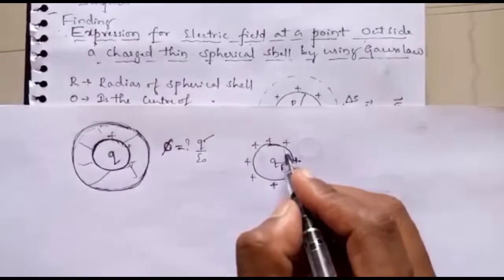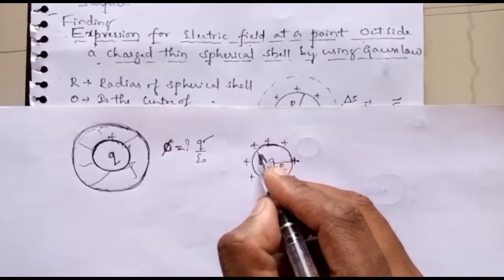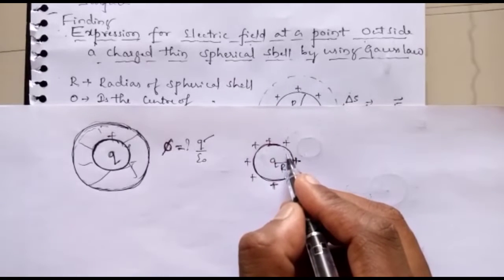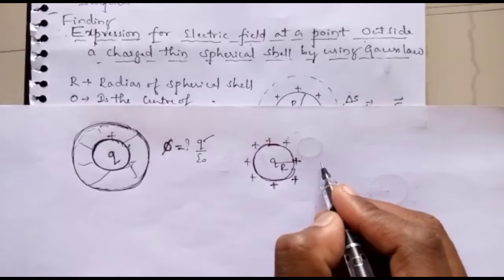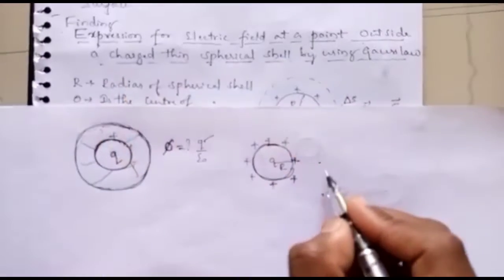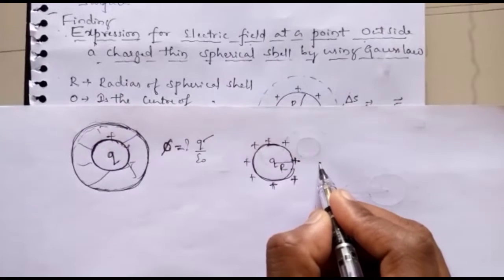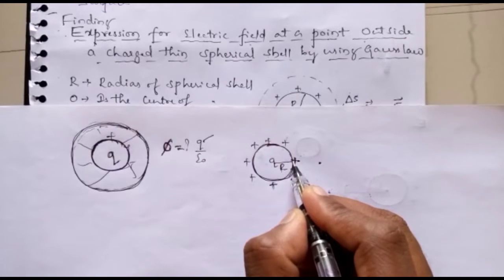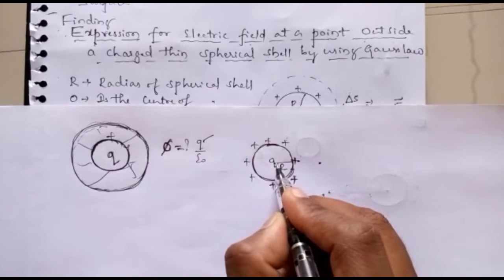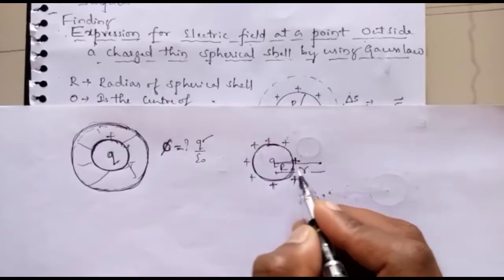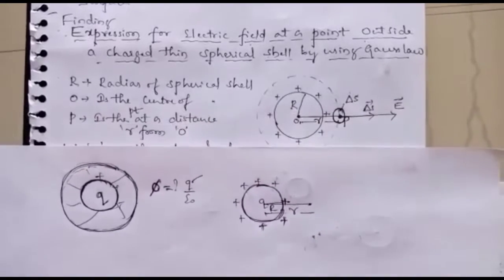Now by using R, due to this spherical shell, what is the electric field at a point outside the charged thin spherical shell? Outside, it means this point must be outside from this spherical shell, at a distance r from the center of the spherical shell. Okay, now see here,